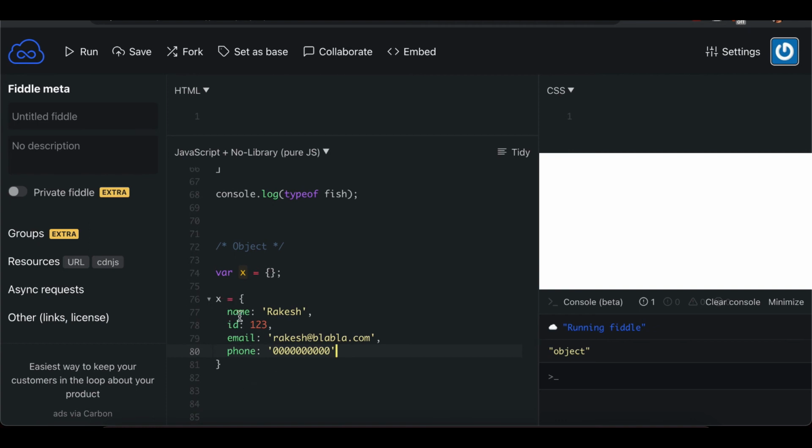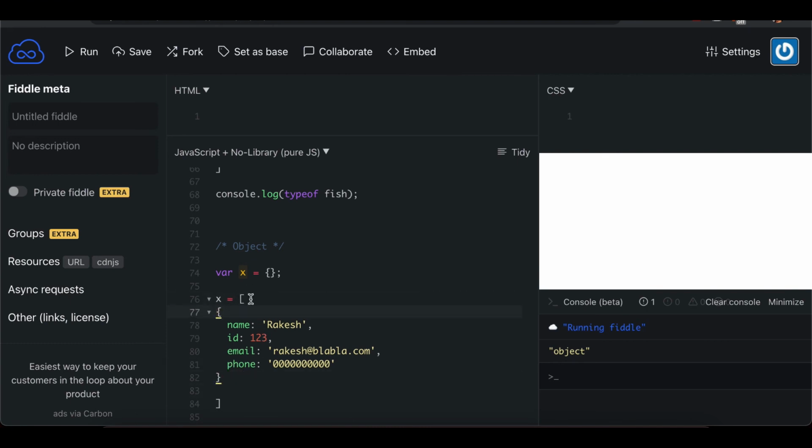Basically an object contains some specific type of data. It's a group. It will always contain grouped data about something. Like here I have saved data for a student. It could be anything. It could be employee data, it could be order information, it could be anything. And an array can hold multiple objects inside. Okay, so let's suppose if I need to create an array, the array data will look like this.